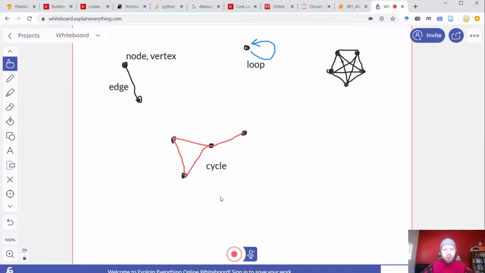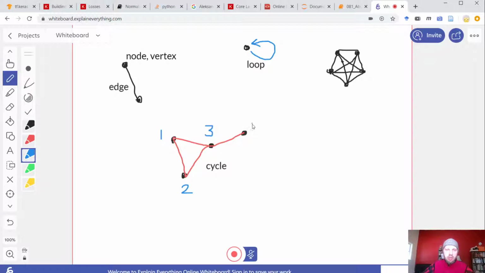Okay, so these are the graphs. How to represent a graph in a computer, in Python, in code, because these are nice drawings, but what can we do with those? As a first step, we can try to just name the nodes somehow, let's enumerate them. In mathematical books, they like numbering nodes starting from 1.